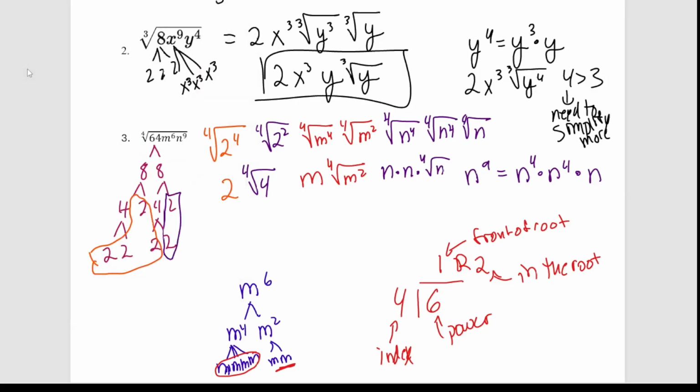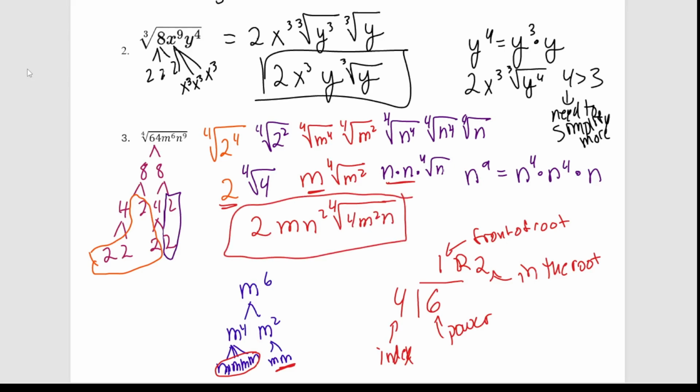Now I'm just going to rearrange it where I put everybody who's in front of the root together, so I have 2mn squared, because we have n times itself 2 times, times the 4th root of 4m squared n as our final answer. Another way you could have gotten to that conclusion with the n's is that 9 divided by